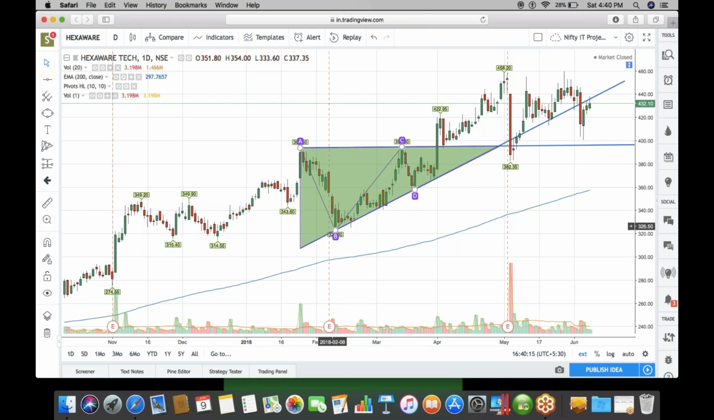What is important is that they should at least meet twice on this horizontal trend line and at least meet twice on this upsloping trend line. Whenever you are looking at a price chart and you visually analyze an ascending triangle, what you need to understand is that